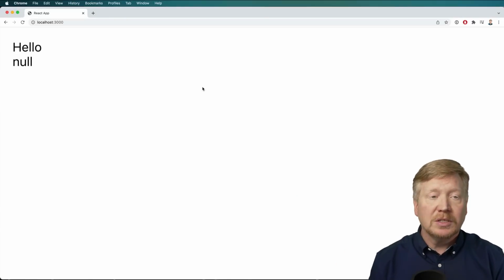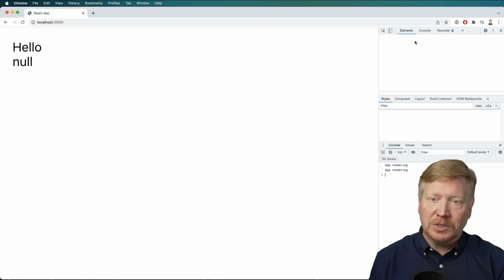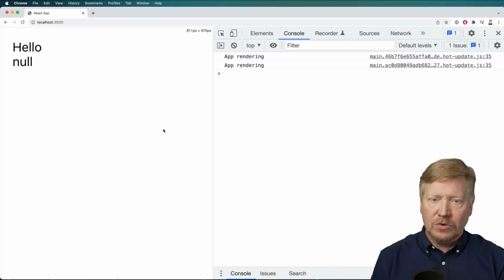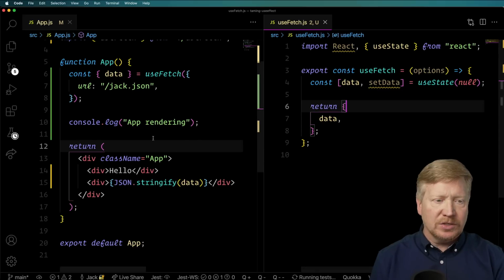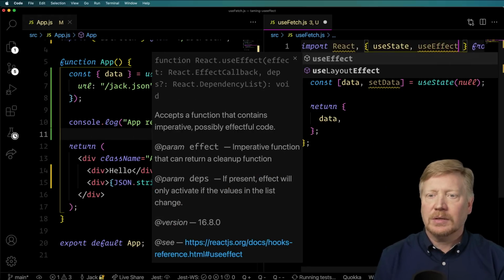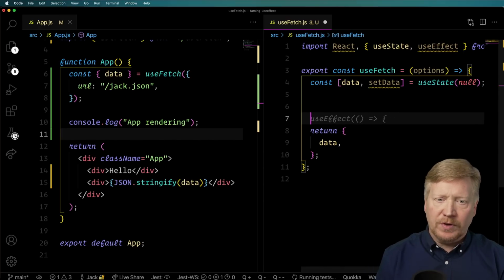And we do. Let's go check our other revision, which is over in the console. And we see that our app is rendering. Fantastic, good stuff. So let's get to the good part. Let's go bring in useEffect from React over in useFetch. And then with that useEffect,